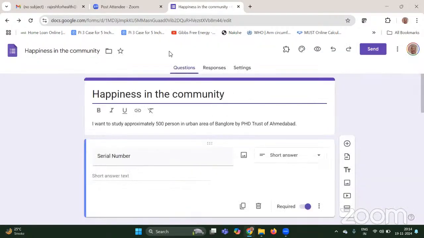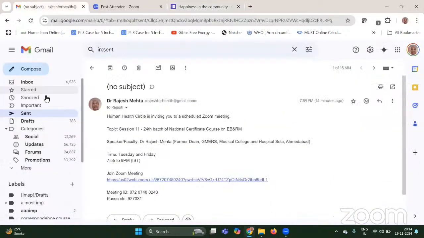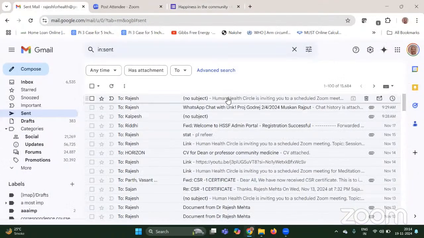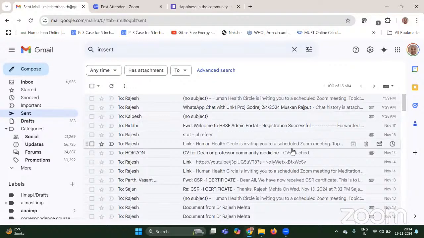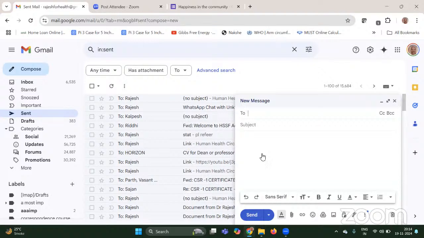And when it is sent, we can go to our sent folder. I'm going to my email. I have sent this form from my email. It will appear over here. The link which I have copied,